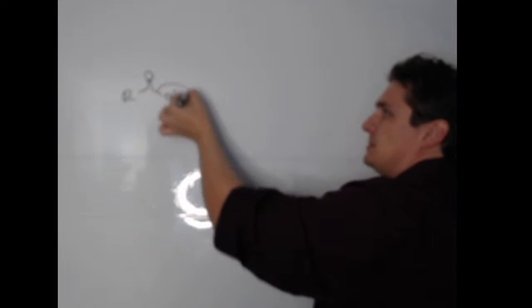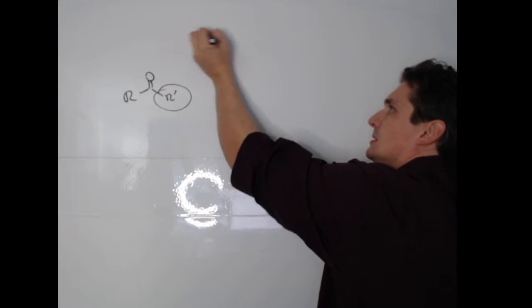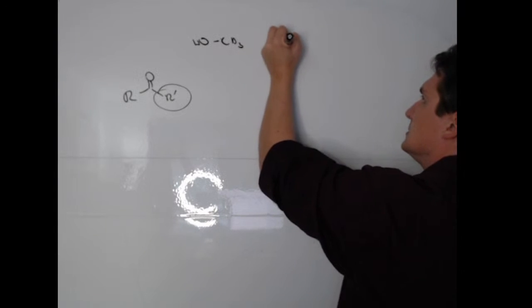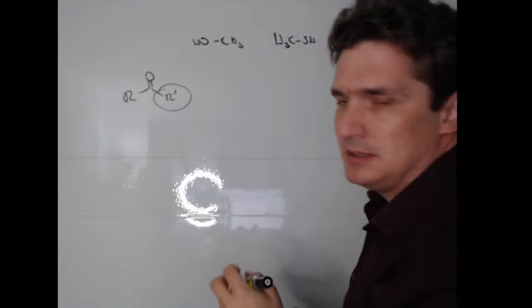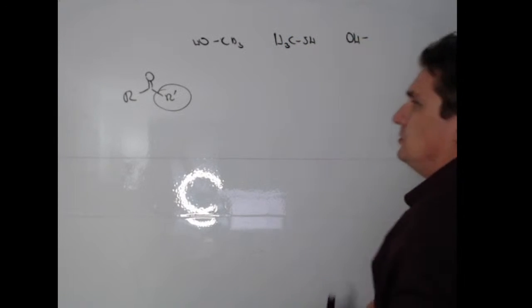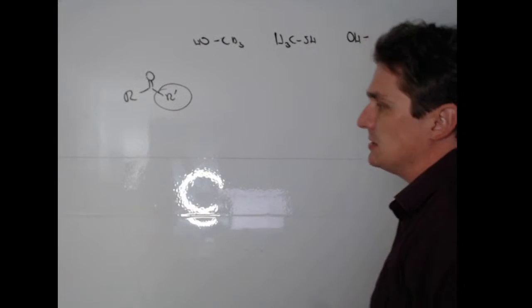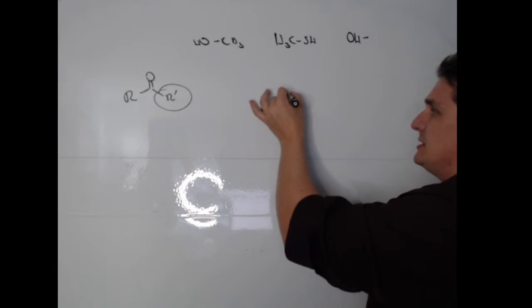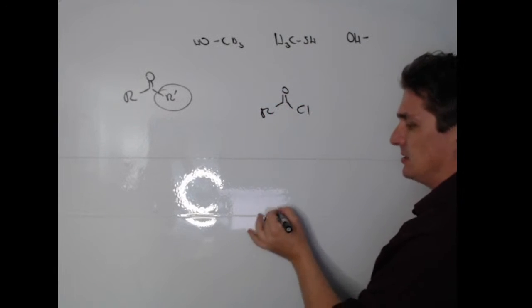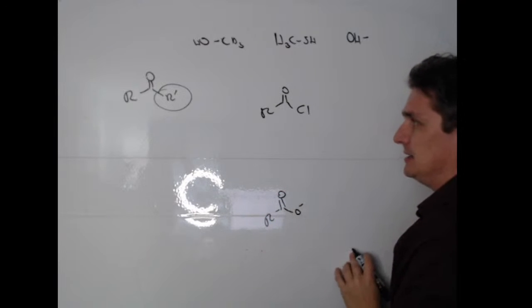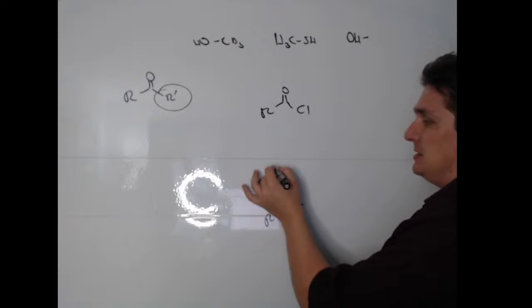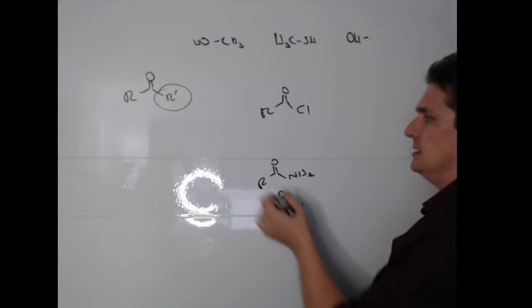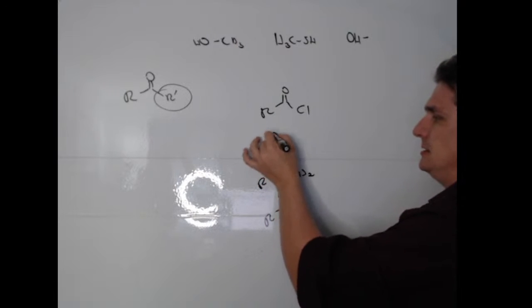And R prime here is the potential leaving group, and you're given an alcohol, a thiol, and a hydroxide. So what we're looking for here is the stability. If you go in the notes, there's a table of stabilities for the different carboxylic acid derivatives. The least stable is the acyl chloride. The most stable is the carboxylic acid or the carboxylate ion. And then you have intermediate degrees. So you have the amines or imides, esters,